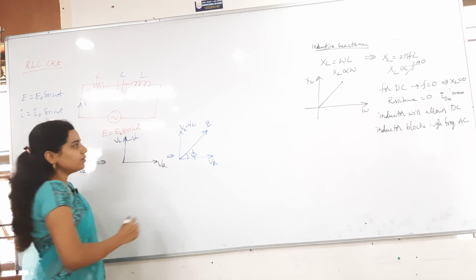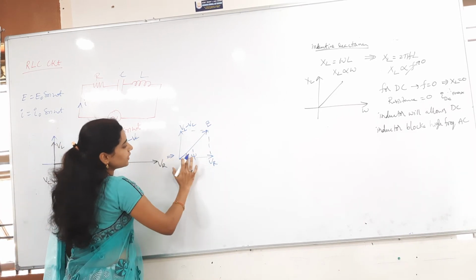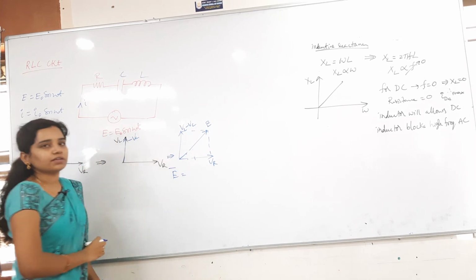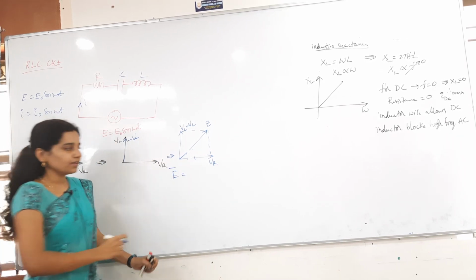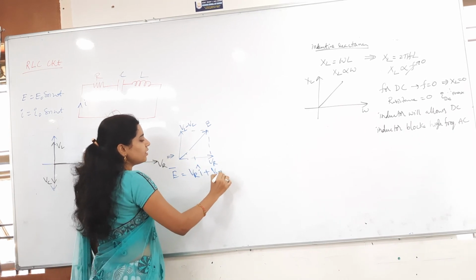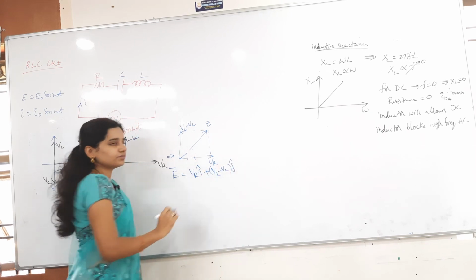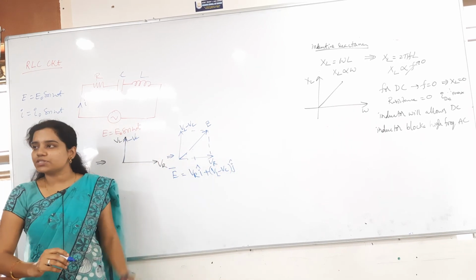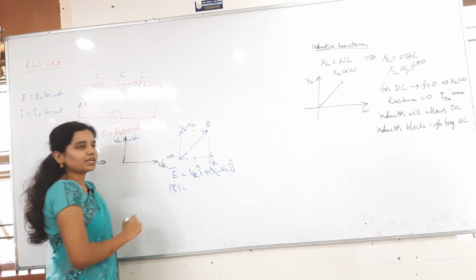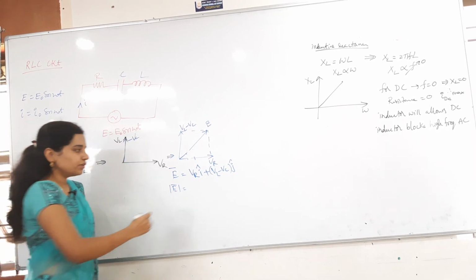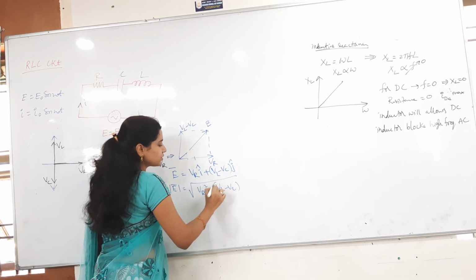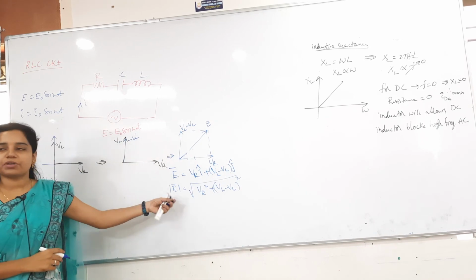Now here, you just forget about the phi first of all. Tell me the E value. How much is E bar equal to? Vector addition. VR along which axis? I cap, and then VL minus VC along J cap. Along the y axis means J cap, along the x axis means I cap. Then the net EMF, modulus of E bar, is equal to under root VR square plus VL minus VC whole square. That's it, finished. Net EMF is finished.